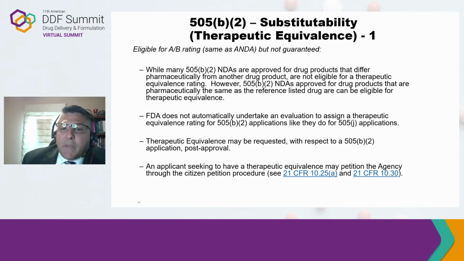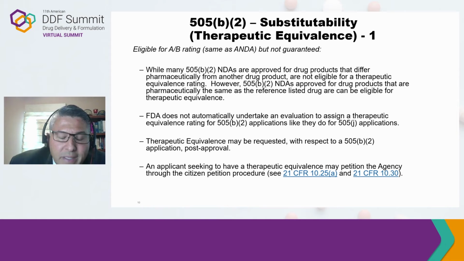So now we get to the topic of therapeutic equivalence. They're eligible for AB rating, same as an ANDA, but it's not guaranteed. Here, while many 505(b)(2) NDAs are approved for drug products that differ pharmaceutically from another drug product, they may not be eligible for the therapeutic equivalence rating. However, 505(b)(2) NDAs approved for drug products that are pharmaceutically the same as the reference listed drug, RLD, can be